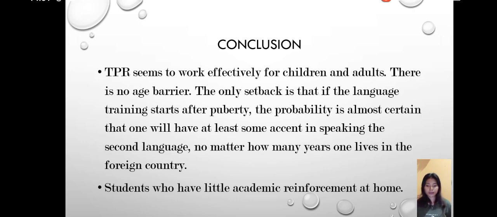Next, conclusion. TPR seems to work effectively for children and adults. There is not a barrier. The only setback is that if the language training starts after puberty, the probability is almost certain that one will have at least some accent in speaking the second language, no matter how many years one lives in the foreign country. Students who have little academic reinforcement at home